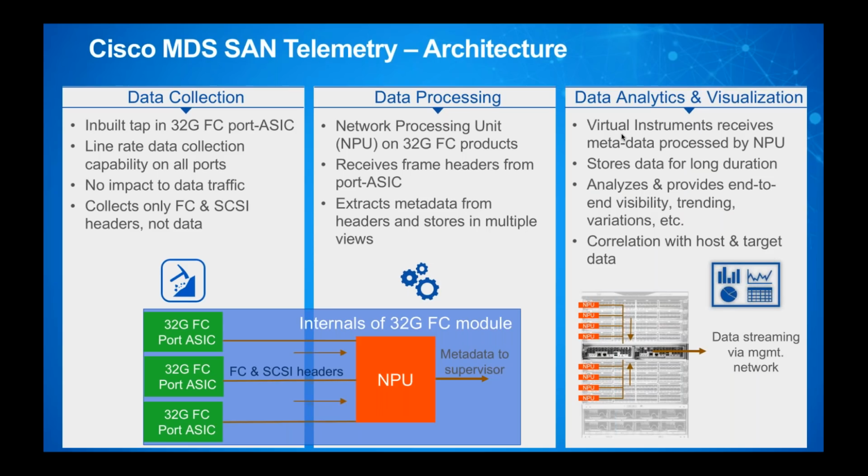And if you want to take a guess, what is this external analytics and visualization engine? This is exactly where the power of Virtual Instruments comes in. This analytics software, which we call Virtual Wisdom, has been around for more than a decade, and the kind of intelligence that it has inside it is just unmatchable, right? So this data that we natively capture on the switches, we send it to Virtual Wisdom, and this is where it brings out the end-to-end correlation of a fabric view visibility in a single pane of glass.